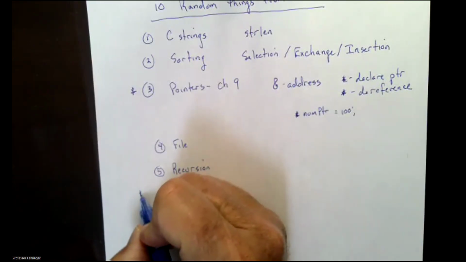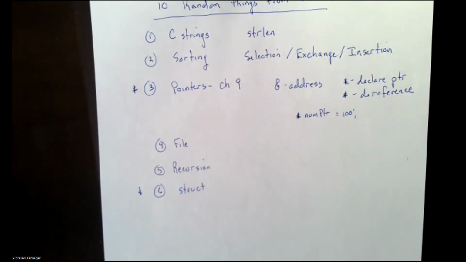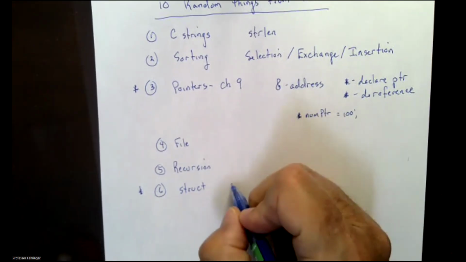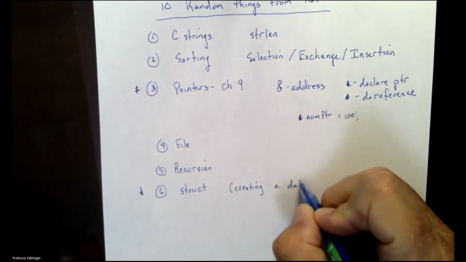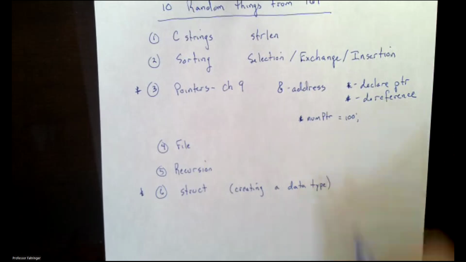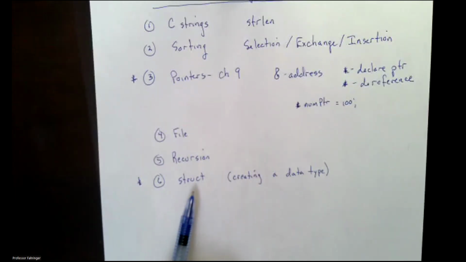Another huge thing was a struct. And a struct was actually us creating a data type. It was unique. It was different than all of my primitive data types like int and double. We created this. Now, what we're going to do is create data types that can hold an integer and a double, but then we're going to write all of the functions to go with it. It's going to be like building a class. And that's why we're going to start out with classes.